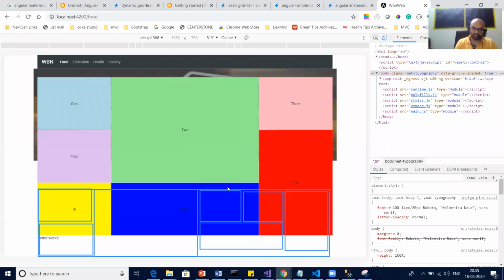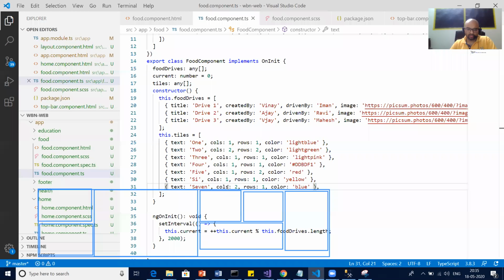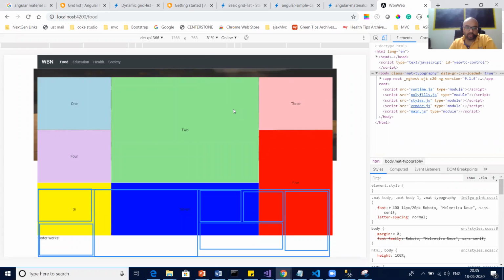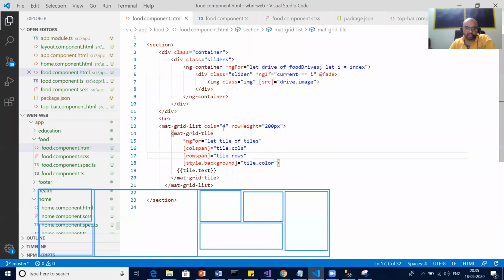Sir, because you defined col 4, na? Yes, sir. Where did you define it? All four. Yes, sir. In the estimal page, column must be 6. Column must be 6, yes, sir. But in food dot component dot estimal, what did I do? Sir, in the loop you have used col 4 there. In the TS file? Okay, understood. So it's in the estimal file. Yes, sir. You're right.